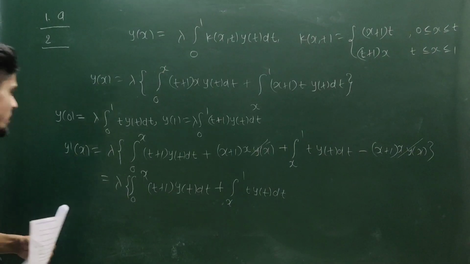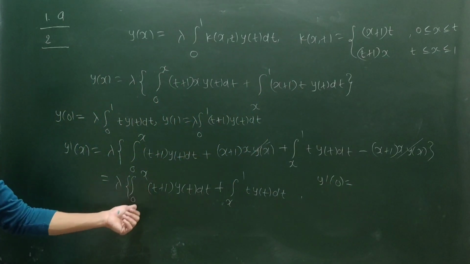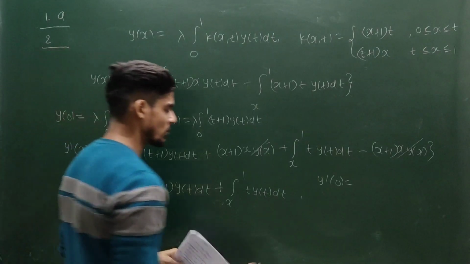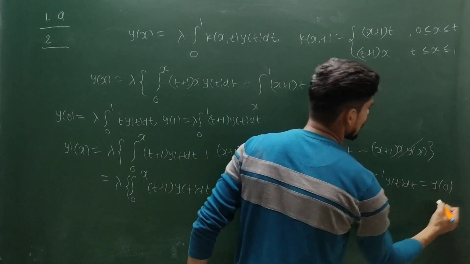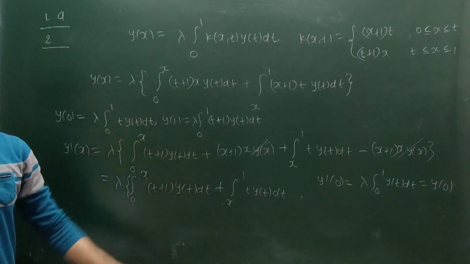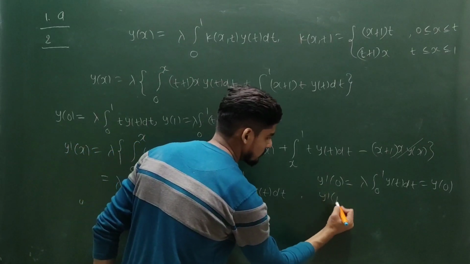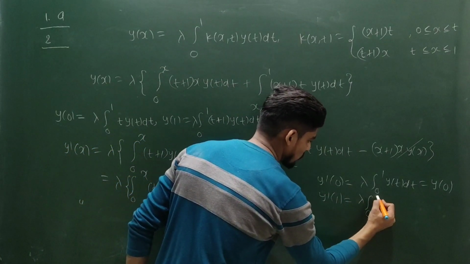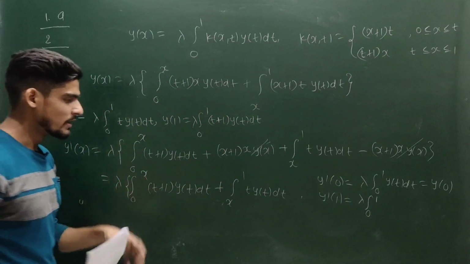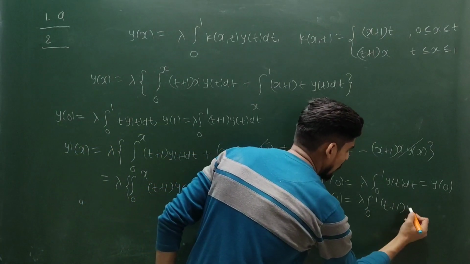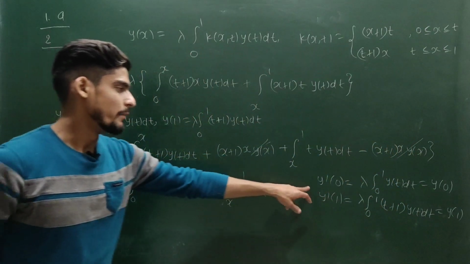Now let me write the initial condition and boundary condition. Y dash at 0: this slot will be 0 because integral from 0 to 0 will give me 0. So this is integral 0 to 1 of y(t) dt, and you can observe this is nothing but y at 0. So you are guessing what I am going to get: a periodic Sturm-Liouville system. Again, if you write y dash at 1, then I will be having integral 0 to 1, because this slot will be 0, so this slot will be 0 to 1 (t plus 1) y(t) dt, and this is nothing but y at 1. So I have gotten periodic boundary conditions.